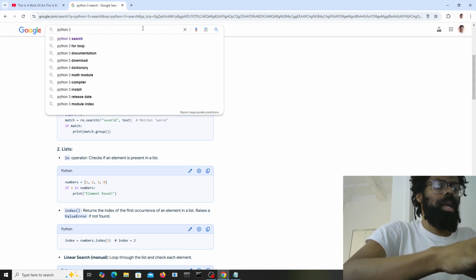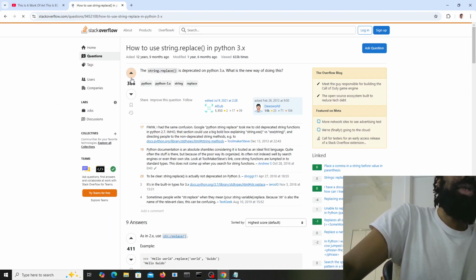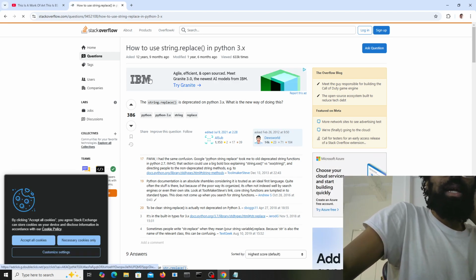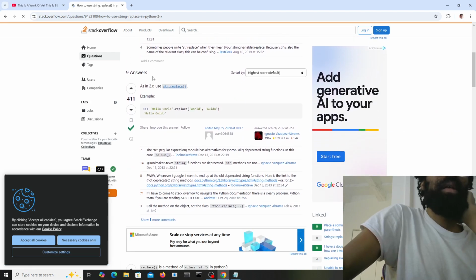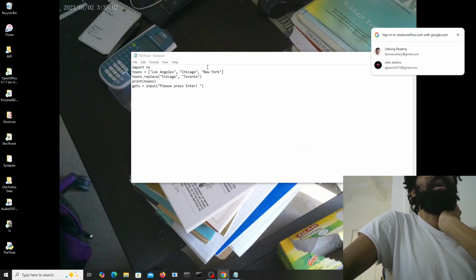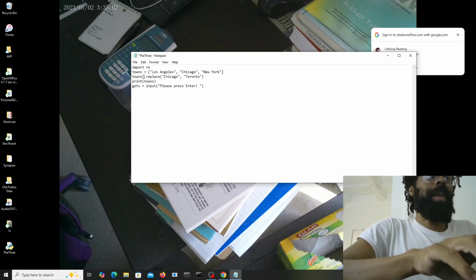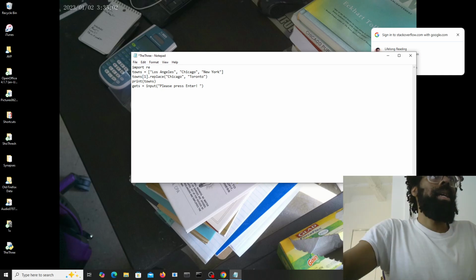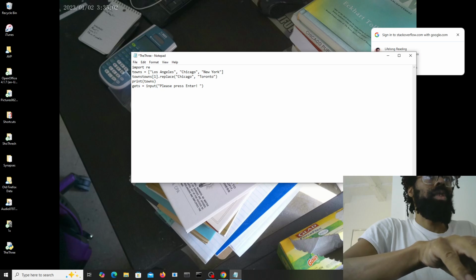Python 3 replace. So I was able to do find. Okay, string replace. Hello world, string dot replace. I think what happened was that I was supposed to use towns one.